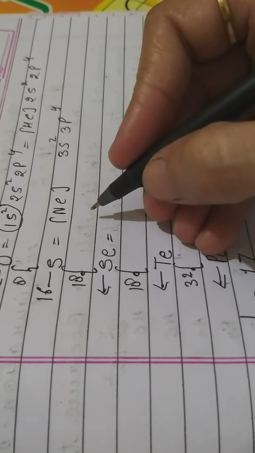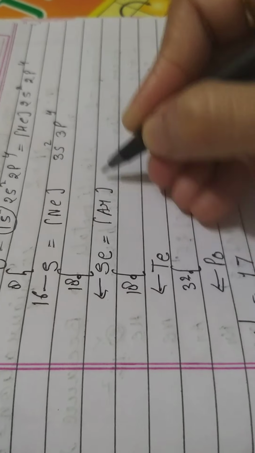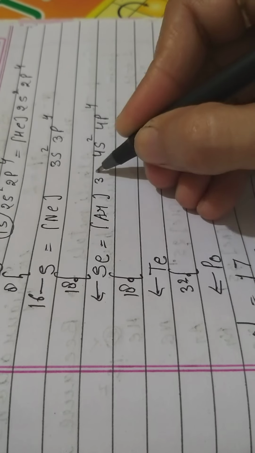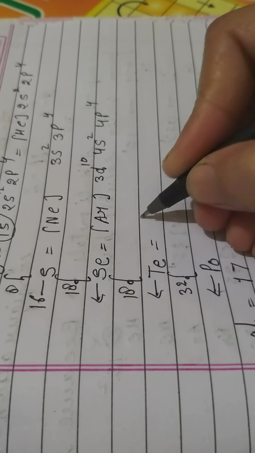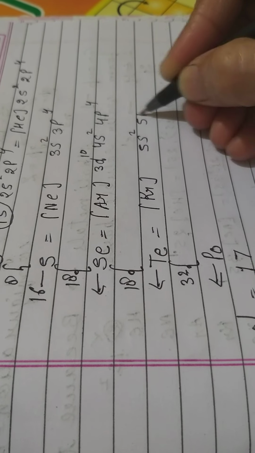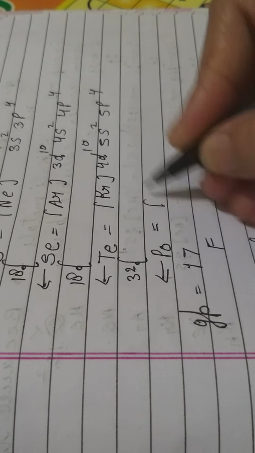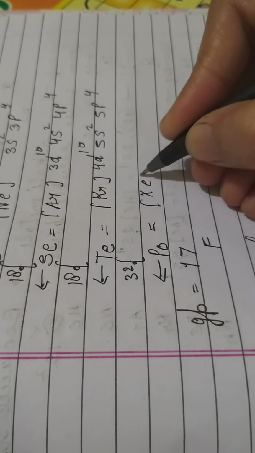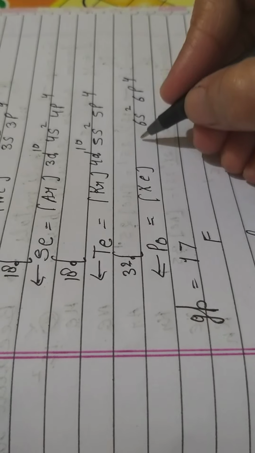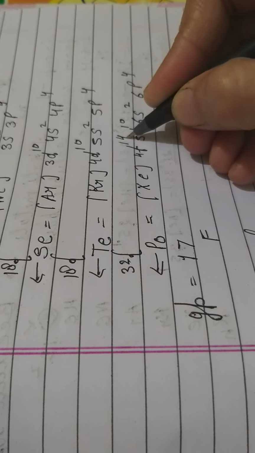Okay, for Se, selenium, after neon, what comes? Argon. There you have to write 4s2, 4p4, but as the D block also starts, 3d10 is to be written here. After argon, what do you have to write? Krypton. Now it becomes 5s2, 5p4, then D also 4d10. After krypton, what comes? Xenon. So we will write there 6s2, 6p4. So D and F both will be used here. So 5d10 and 4f14.